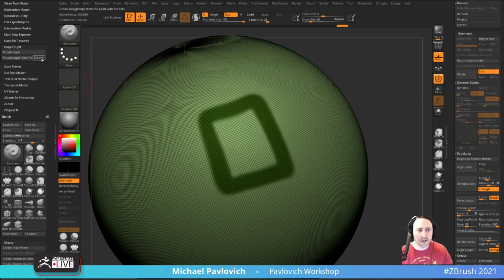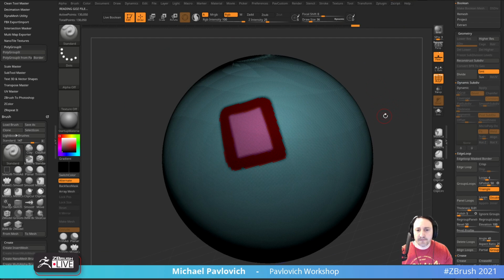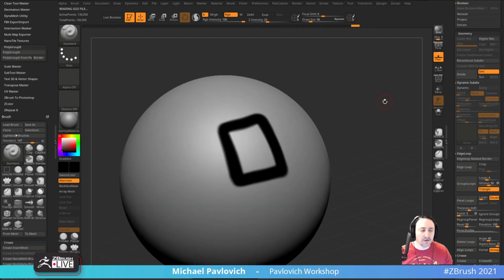A little more resolution. So again, if you just want to have a polygroup where that border is, now you have this polygroup, this polygroup, and this polygroup. So that's another easy way to use your Polypaint to slice or design your pattern. Best way is to remesh 3D text so it does not destroy the text mesh. We kind of did that in,